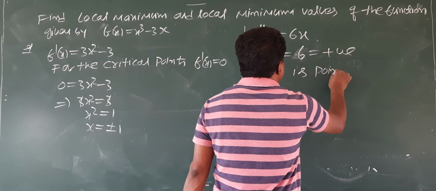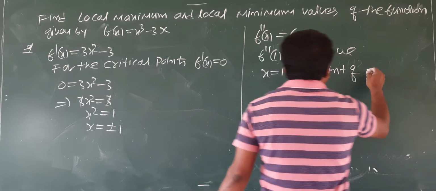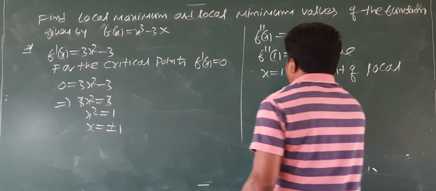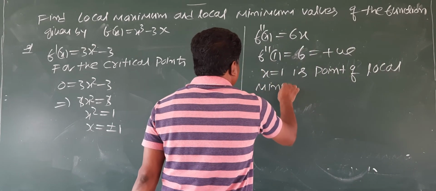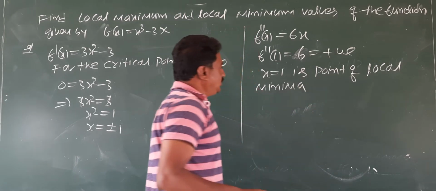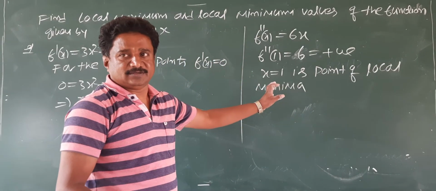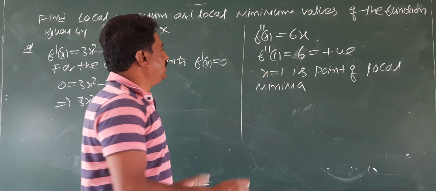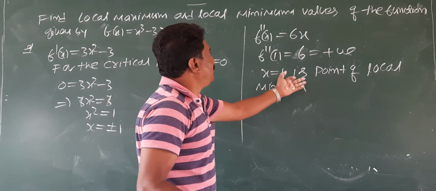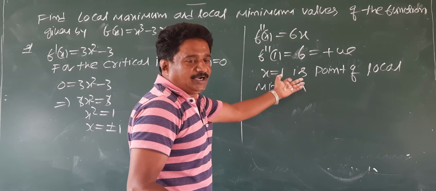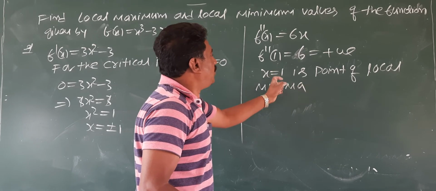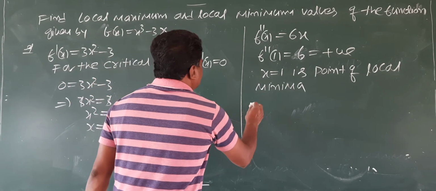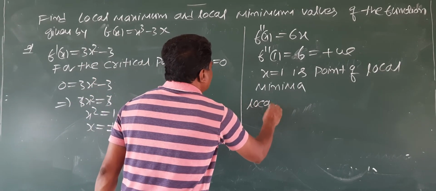is a point of local minima. x equals 1 is called a point of local minima. So to find the minimum value, put this point in f(x), students. So the local minimum value